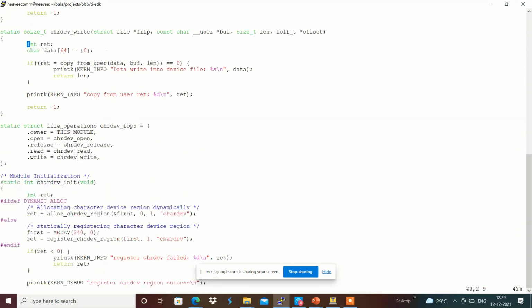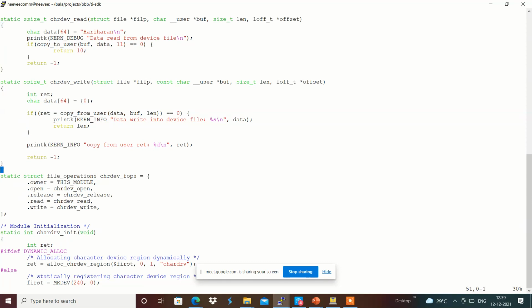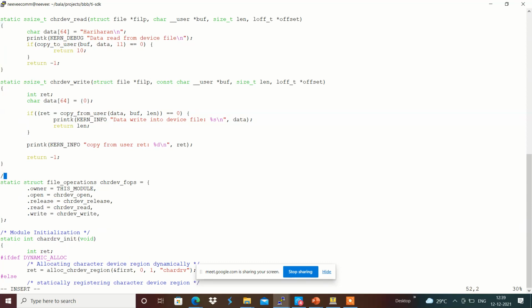And once it got created, we have defined the file operations structure, which will be called on each and every file operation done by the user program on the device file. Each and every file operation, the respective callback function will get called.